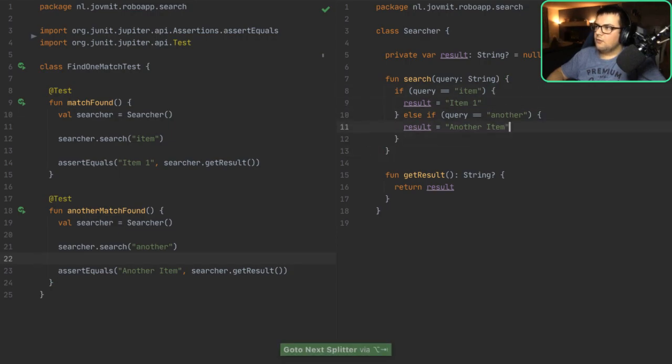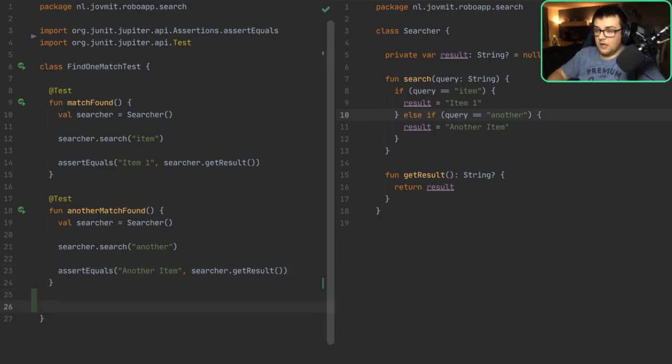But whenever you are not entirely sure, the best thing you can do is to get more evidence. And how do you get more evidence? By, of course, writing more tests. So let's go ahead and create a new test. And this time I'll say no match